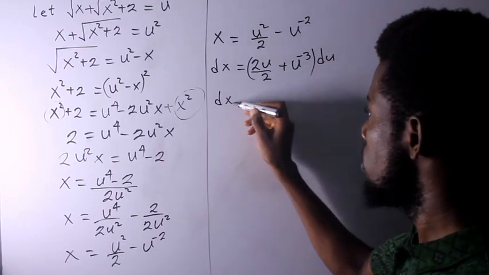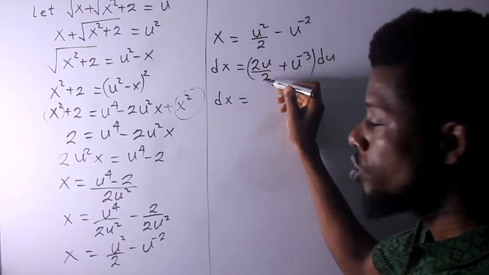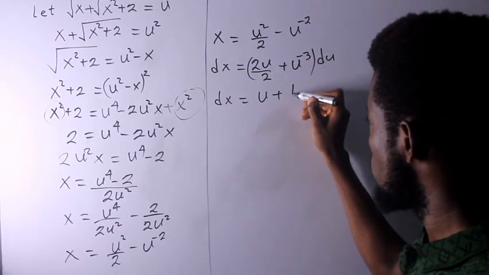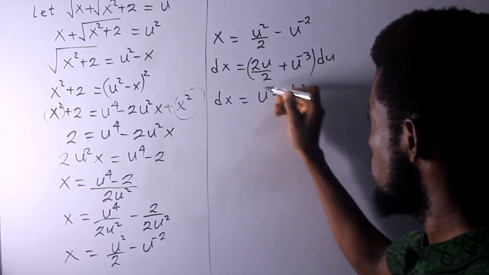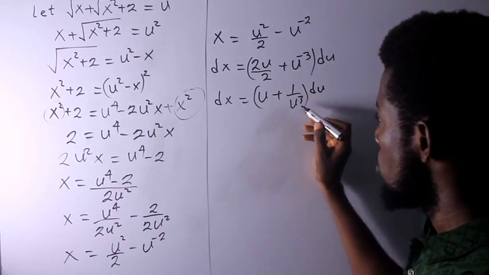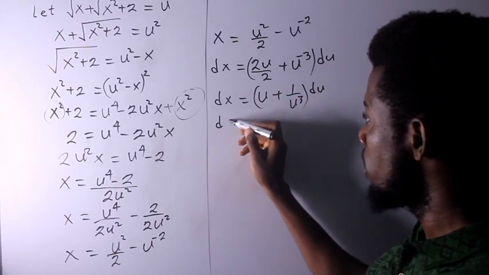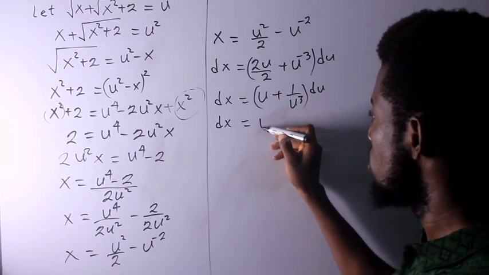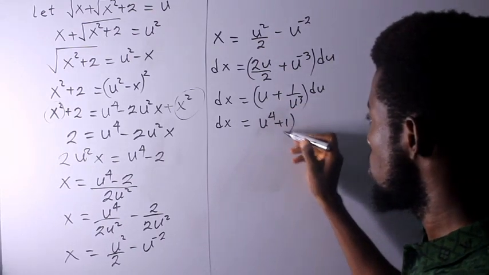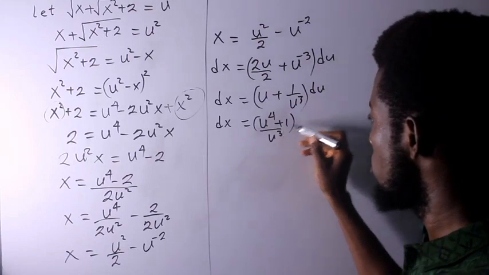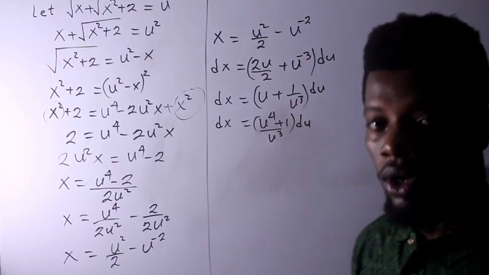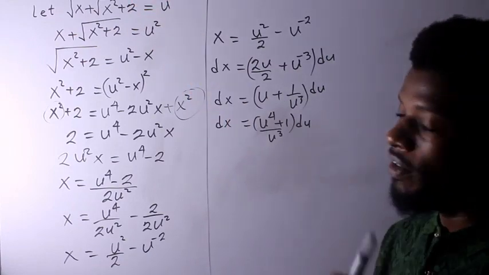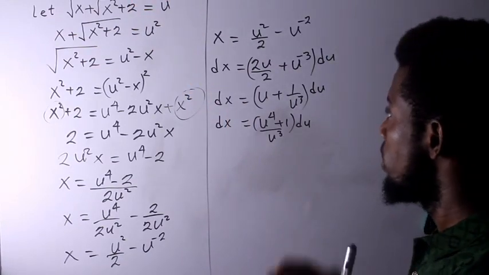So dx equals, 2 and 2 cancel out, u. This goes in the denominator, becomes plus 1 over u cubed, and then a du. If we simplify in here, we have dx is equal to, this time, u to the 4th plus 1, all divided by u cubed du. Now we have dx, and we also have the entire integral, so we can go right ahead and evaluate this